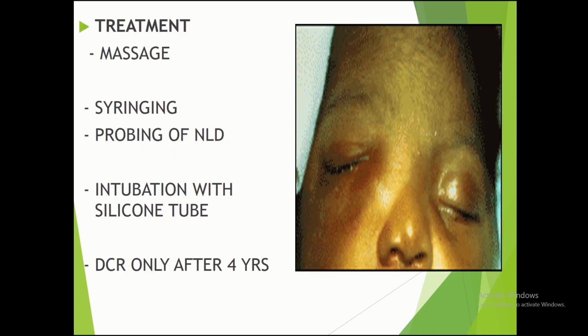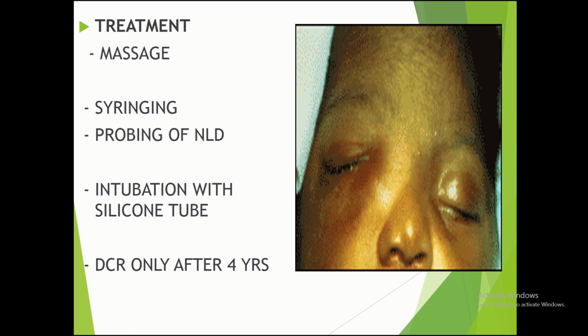So treatment: it is very important that once you recognize there is a congenital dacryocystitis, you give the child topical antibiotic eye drops and do a massage. You can do this massage with your thumb, in a downward stroke, medially towards the nose, 4 times a day. If you do it repeatedly, if there is a membrane, it may break, or the epithelial debris, if present, can get cleared off, so that most of the children will get relieved if you do proper massaging itself.